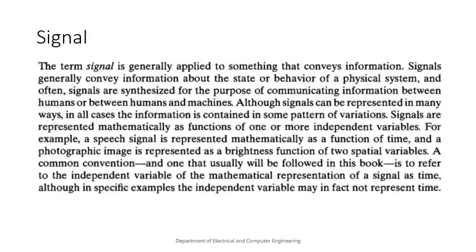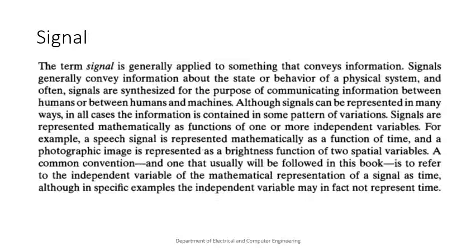Okay, now signals can be represented in many ways. In all the cases, information is contained in some pattern of variation. Obviously there are some variations in patterns. I'm not talking with the same pattern all the time. The speed of the car is not constant every time. The speed of the fan is not constant. So there is a pattern of variation. Like the way I'm speaking, there is some pattern in it, but there is a pattern of variation in it. So signals are mathematically represented as a function of